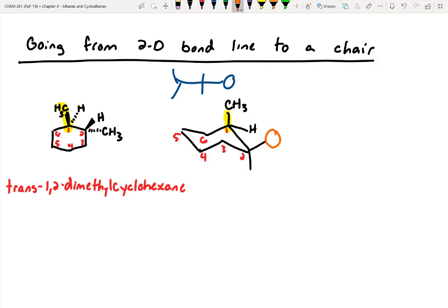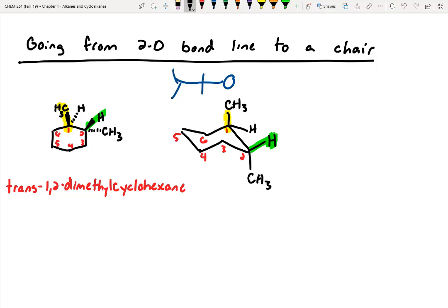Let's think about it, right? Which one's closer to our eye? The orange circle or the green circle? The orange circle is closer to the eye of the little blue stick figure, right? All right, so if it's closer to our eye, does that correspond to a dash or a wedge? A wedge, all right? So that means that our hydrogen must be here, because our hydrogen off of carbon 2, meaning this hydrogen right here, must be closer to our eyeball, all right? That means that the CH3 group